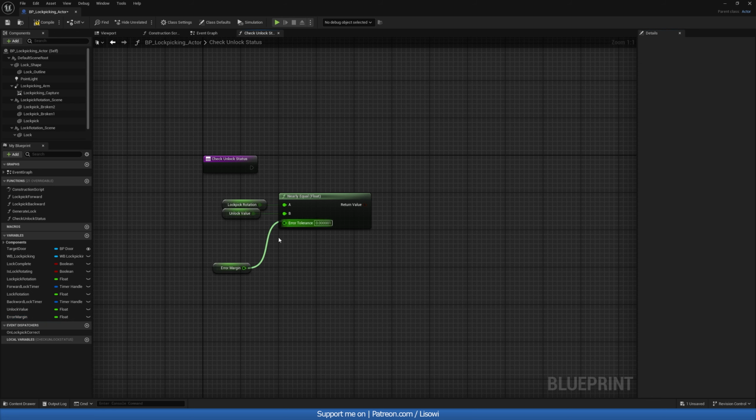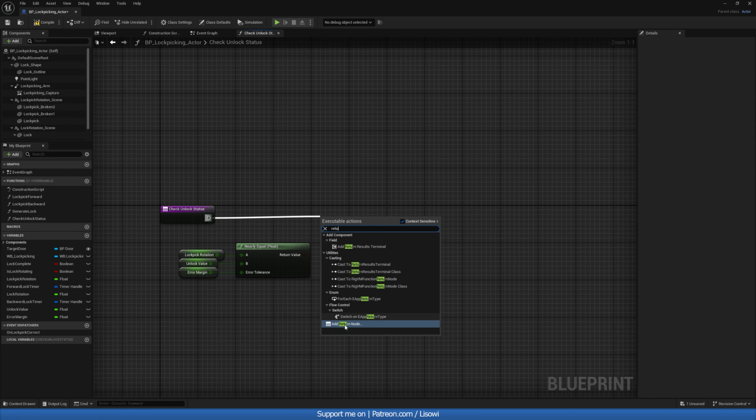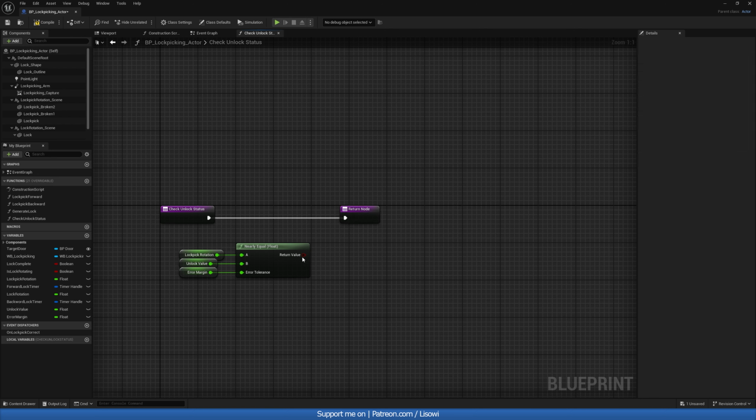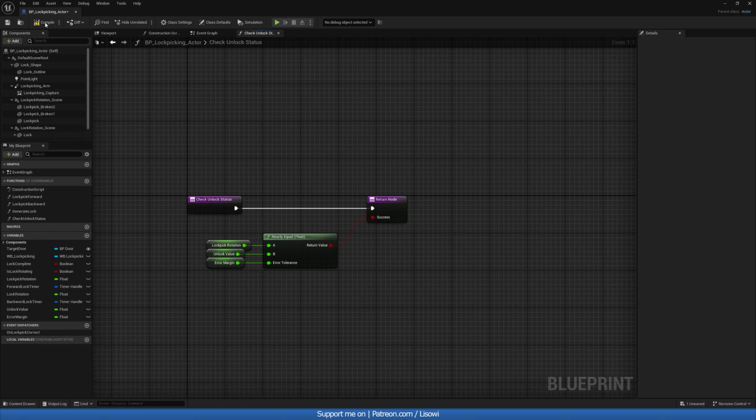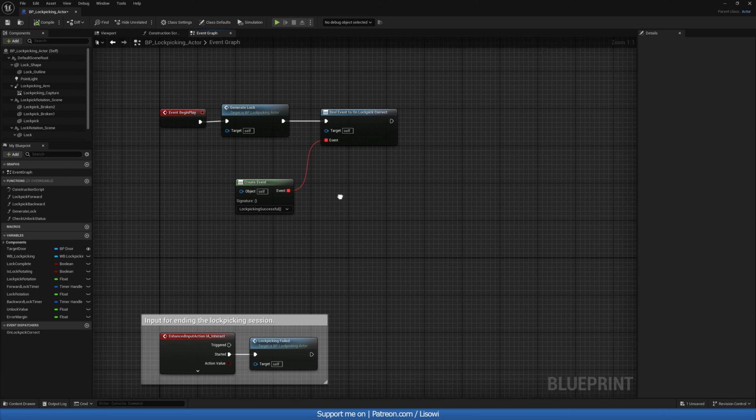We'll get it and we'll just put it in there. Like so. And with this then we'll grab a return node like so. And we'll output this in here. And we can call it, let's say, the return value or success, or maybe it was unsuccessful. So let's compile that, close this off, and let's create